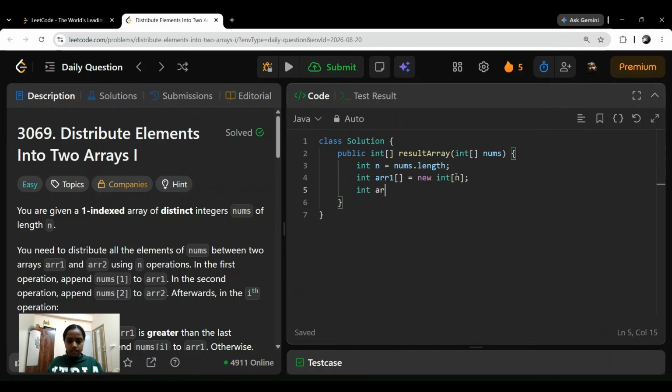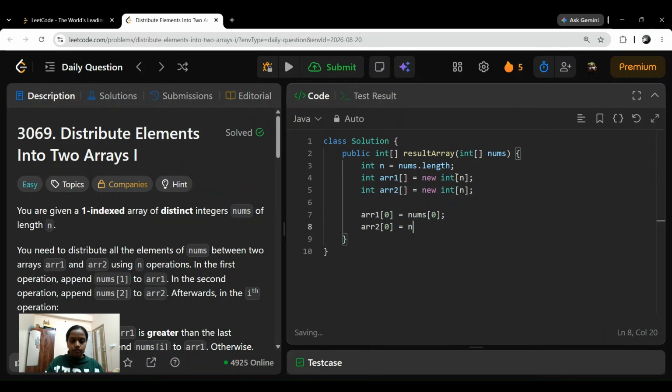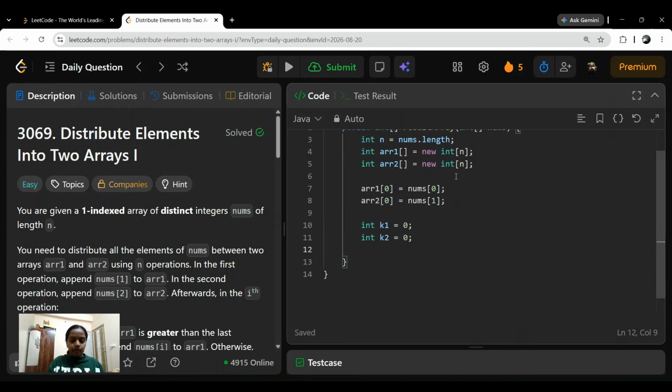Now we should initialize. The first element of arr1 should be nums[0], and the first element of arr2 should be nums[1]. Now we need pointers. I'll take k1, which is 0, and k2, which is 0. Now for int i equal to 2, because we have already used 0 and 1, i less than n, i plus plus.